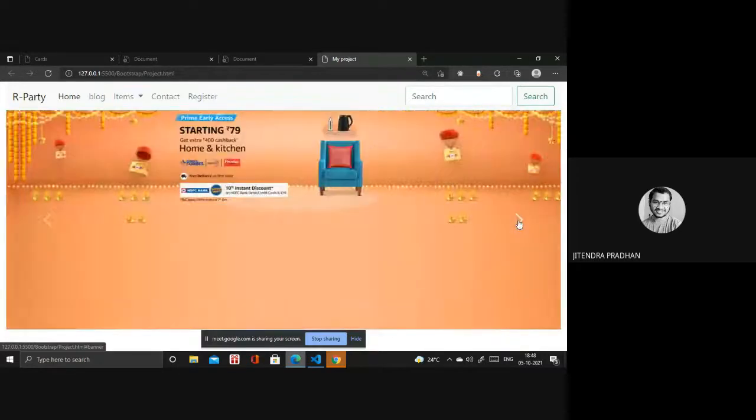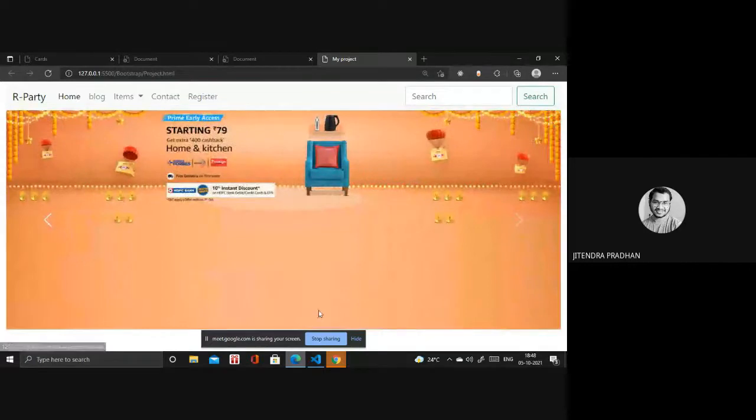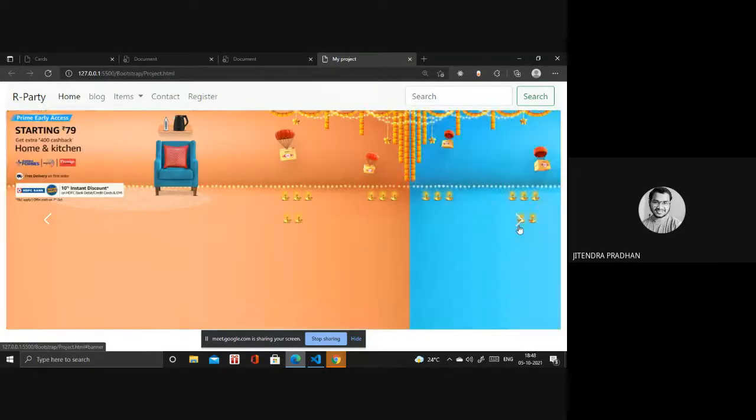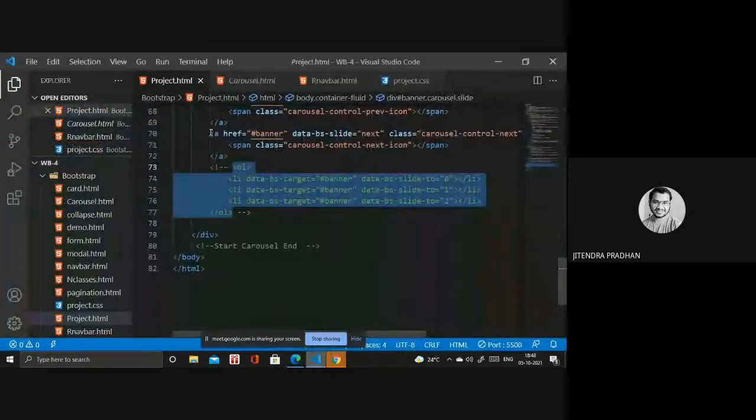Okay, we are designing, but we are not giving any picture inside because we don't have any picture still. If you have any picture, you can add it a bit later. Okay, no issue. So next thing, we require that particular card, right? So we are designing the card before.